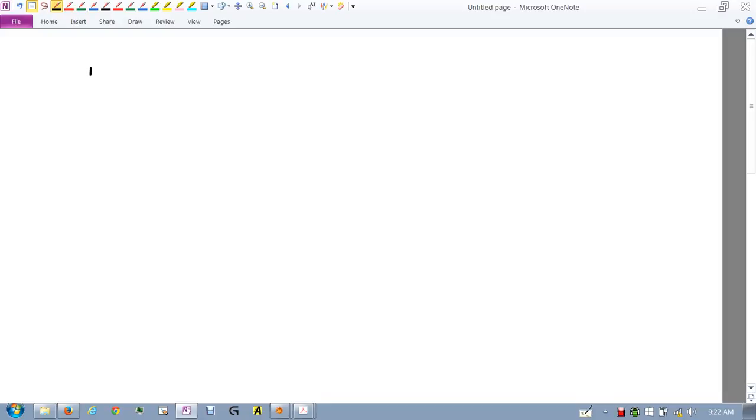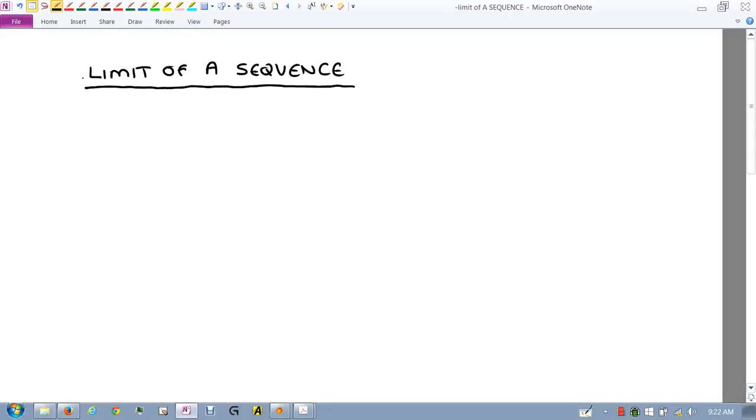So we need to define now what's called the limit of a sequence. We were coming up with formulas, right? Like I gave you a sequence and we tried to come up with a formula. If I gave you a formula, then you could write out the sequence, couldn't you? You just start plugging in 1, then 2, then 3, and that's an easy way to do it if someone gives you the formula. The question becomes, does this sequence of numbers actually approach something? Does it get closer and closer to something? And so for a visual of what I'm talking about,